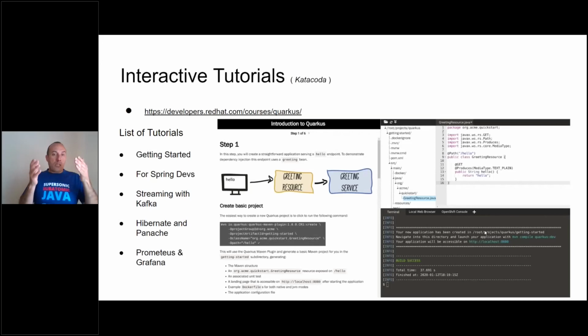Regarding the interactive tutorials, well, you have here this environment called Katacoda. It's an external environment that hosts thousands of tutorials. But there are some about Quarkus grouped by different topics, and you can start messing with Quarkus following the tutorial with an IDE and even a terminal or an OpenShift console, everything happening on the cloud, so you don't mess with your laptop with versions, installation, and so on. So that's very convenient to test different technologies.